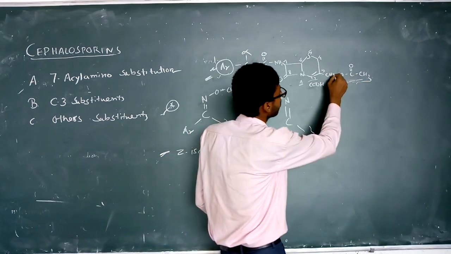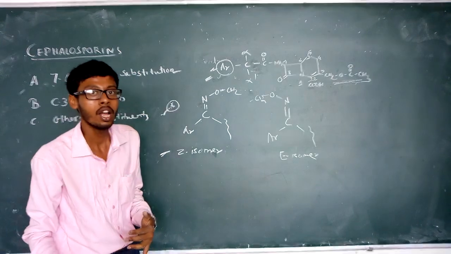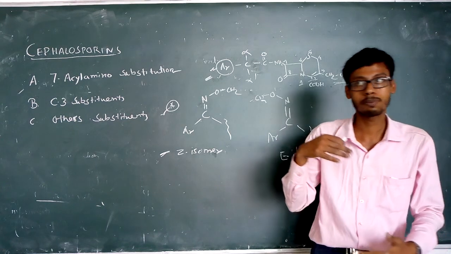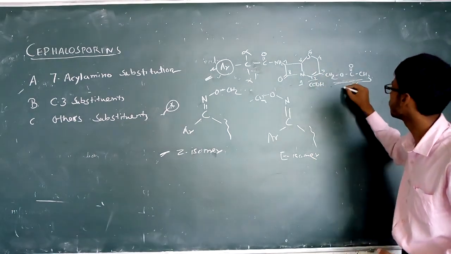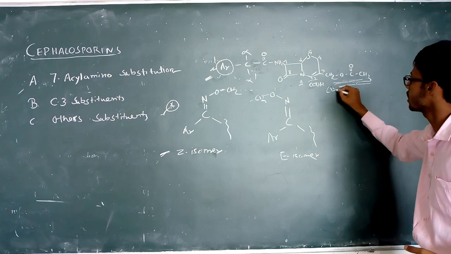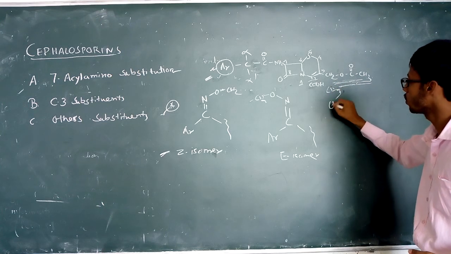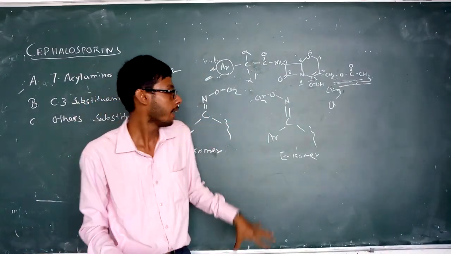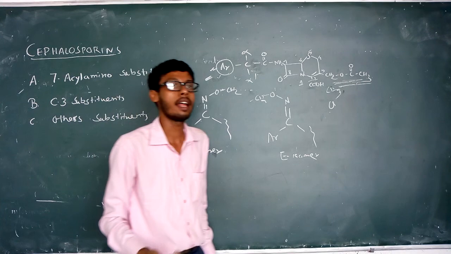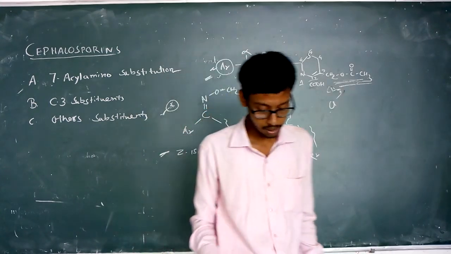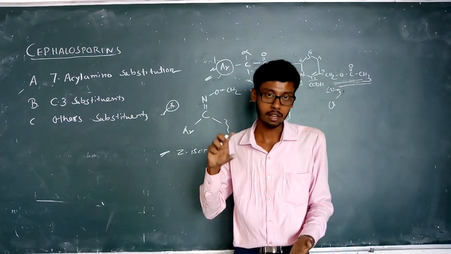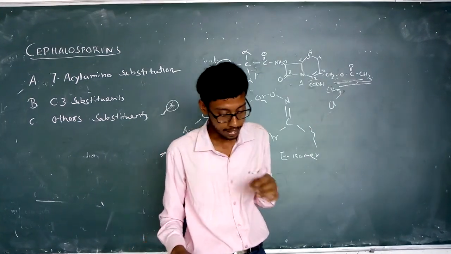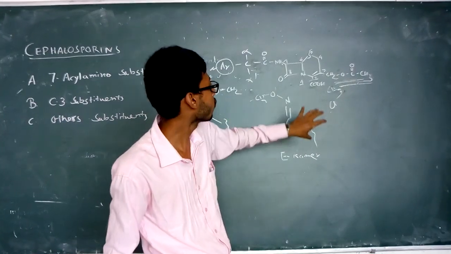So at the C3 position, if the acetoxy is replaced so that there is no leaving group, or a small leaving group, like CH3 or maybe chlorine, in the case of poor leaving groups the result is an acid-resistant drug, which is stable against high acid, and the antibacterial activity is also improved.